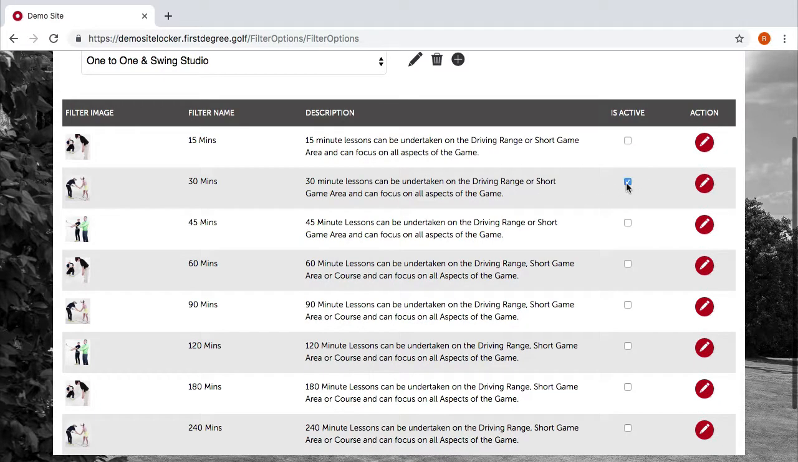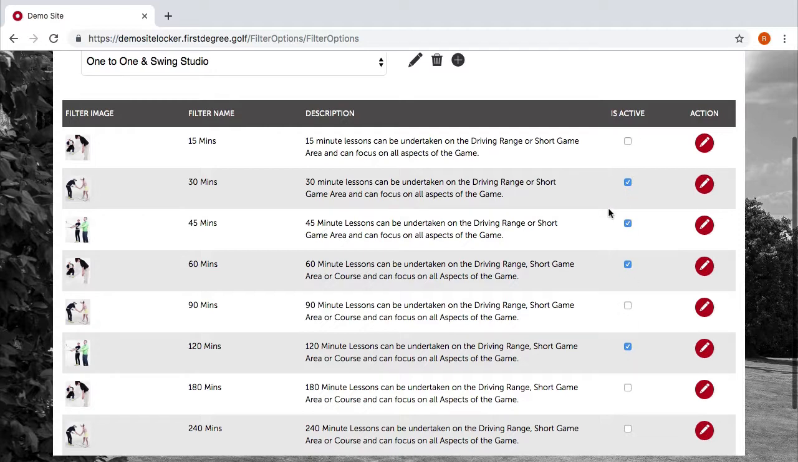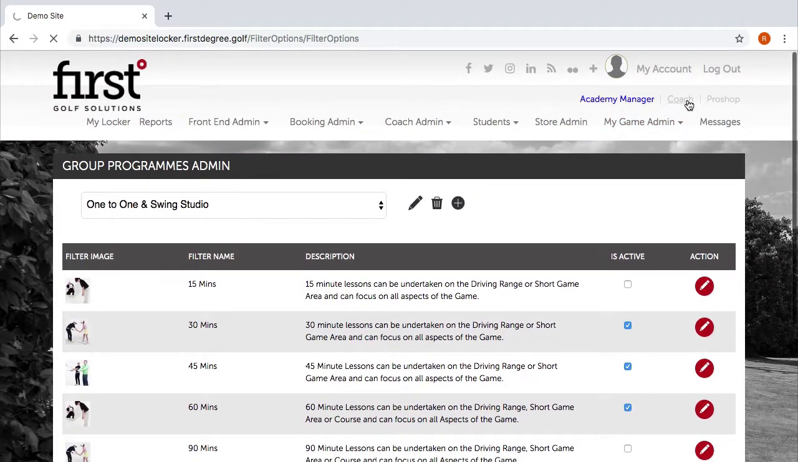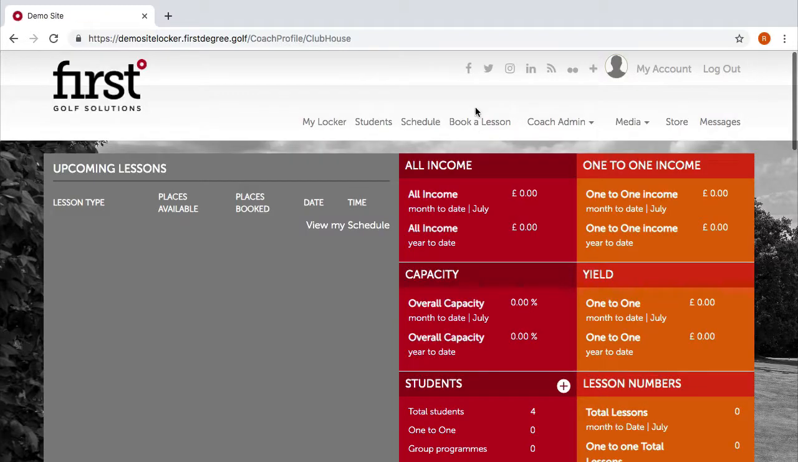So I'm going to do 30 minutes, 45 minutes, 60 minutes, and 2 hours. So they're going to be my one-to-one lesson options. To do that, I've just hit the active box, and we should find, if we now navigate back to the coach area, and we go to the book a lesson,